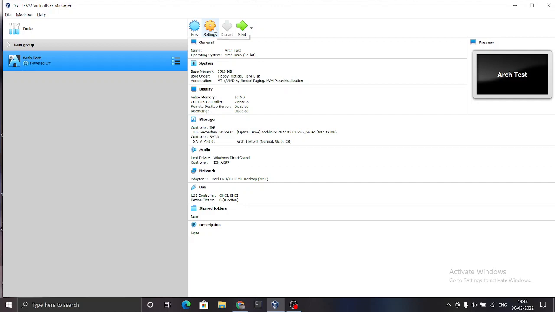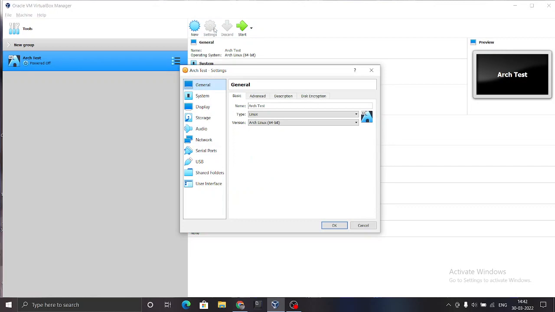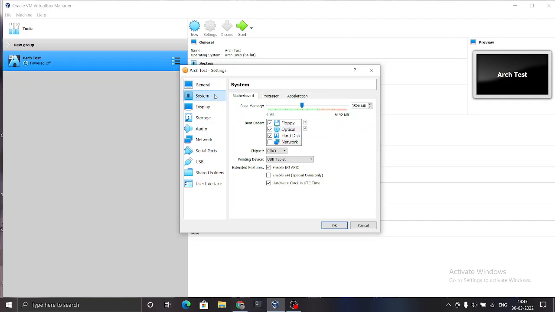But before that, I would like to tell you all about something called the boot order. The boot order is something that the system follows while booting any operating system or anything that is present on a particular piece of hardware that we have inserted inside the system. Generally it is managed via the BIOS or UEFI settings, but in VirtualBox we can go to the system settings and see an option called boot order. The system will first boot from floppy disk, then optical disk, and then from the hard disk.